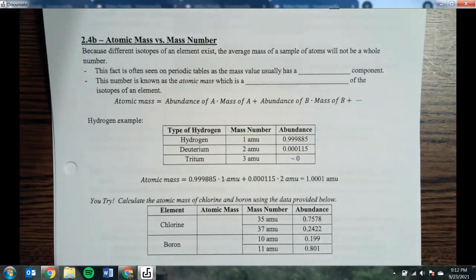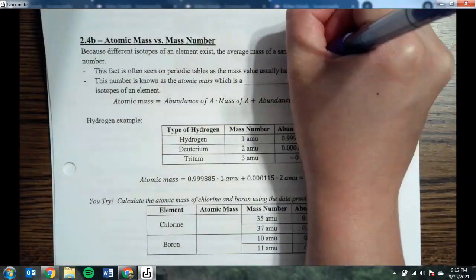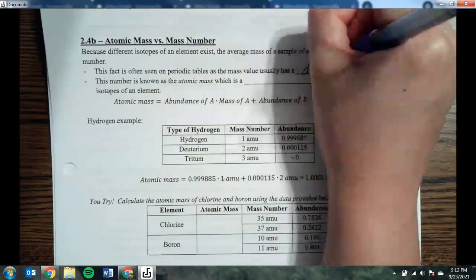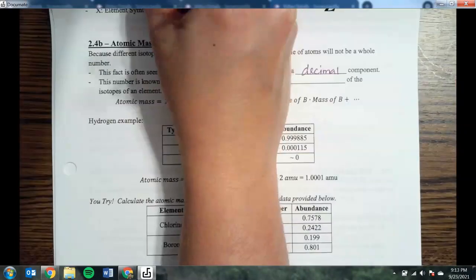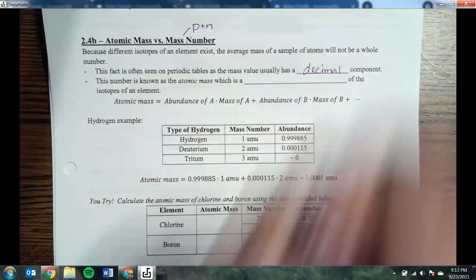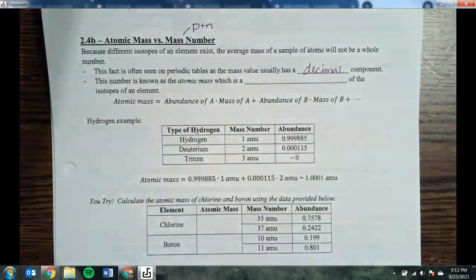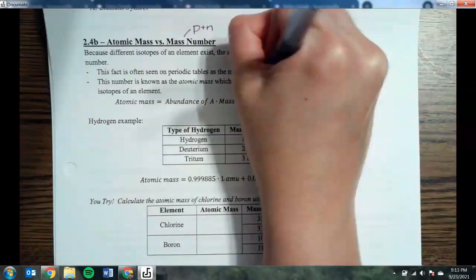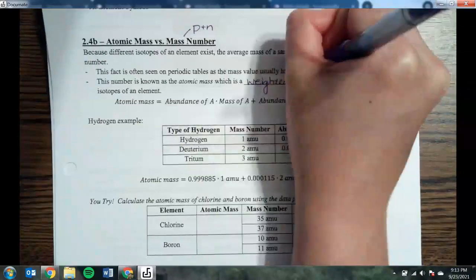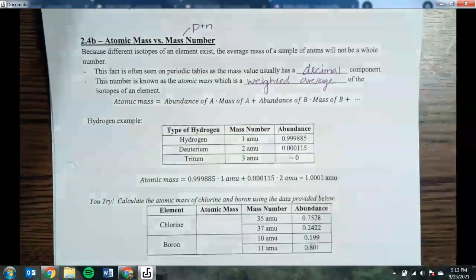Okay, so when you look at most periodic tables, you're going to notice something a little bit different about them from the ones that I've used so far in class. And that is that most periodic tables have decimal components to the numbers. That is because periodic tables, in most cases, use the atomic mass of the element rather than the mass number. Remember, mass number is the number of protons plus neutrons. The atomic mass is a little bit different because it takes the isotopes into account. So the atomic mass is actually a weighted average